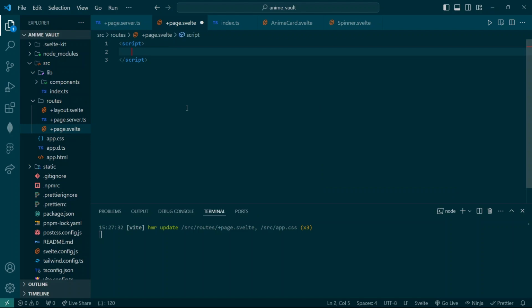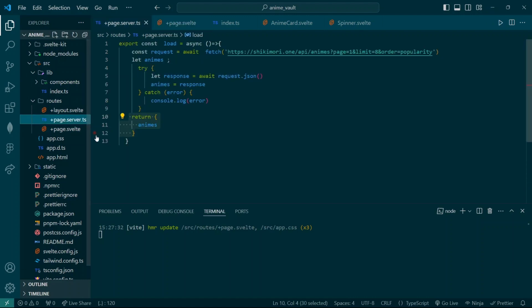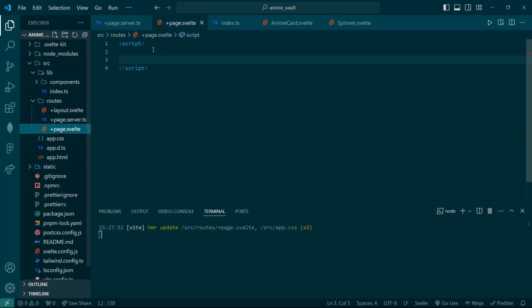Again, if you're new to SvelteKit, on a page file, we can actually run and execute JavaScript. And typically, that's where we receive the values from our server, when our server has returned data to us. So if we wanted to access the data that we returned from this server file, how are we going to do that? Well,